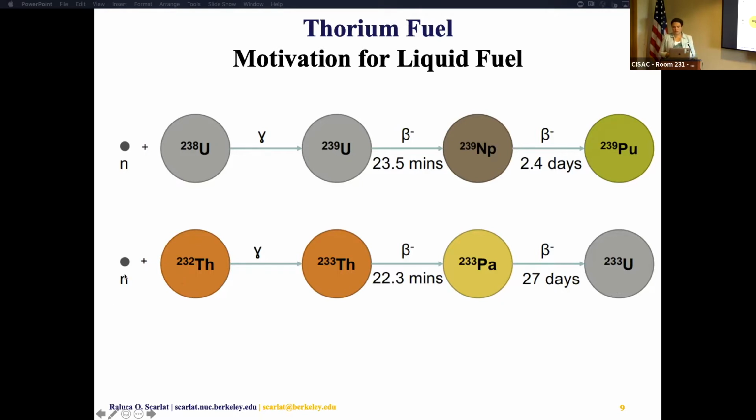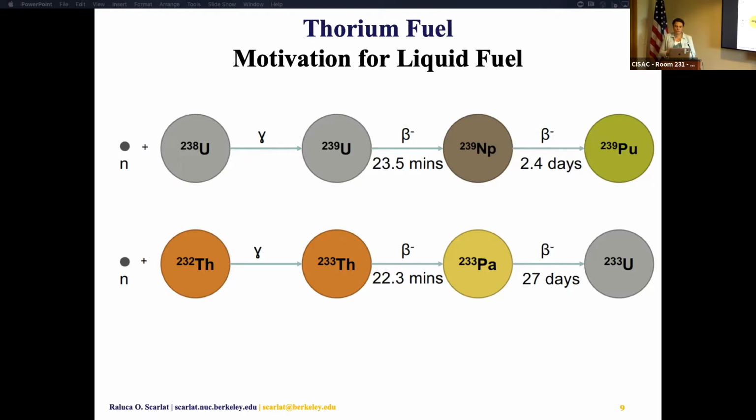And it would also be convenient for it to have a long lifetime, so that if we encapsulate thorium in a solid fuel element and we have to breed uranium in it and then burn uranium, well, that solid fuel element will have to last for quite a bit of time for it to be able to have this type of lifetime. So the alternative is to dissolve thorium fuel in a molten salt and to